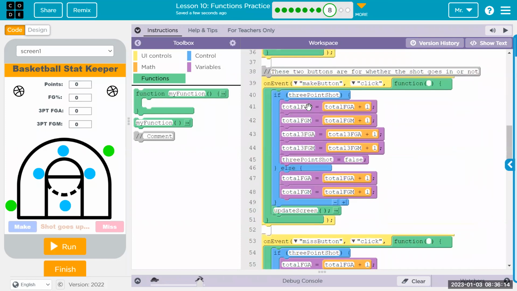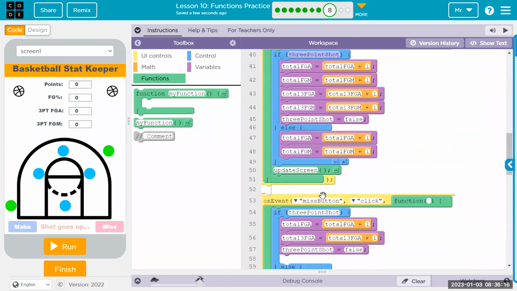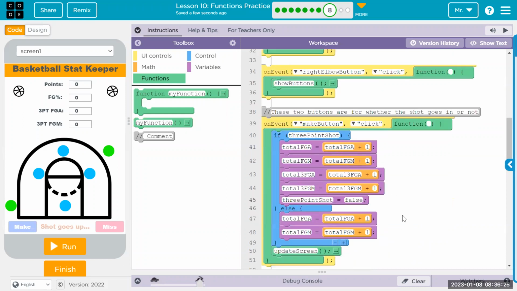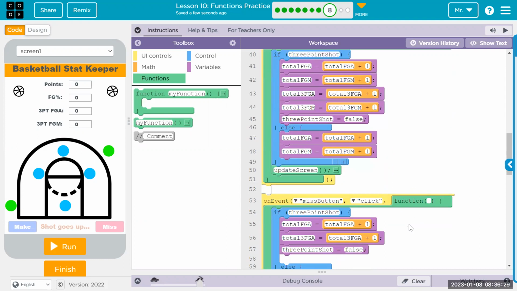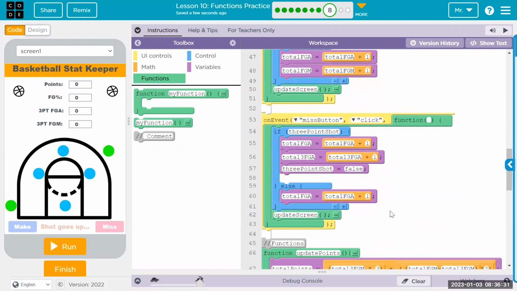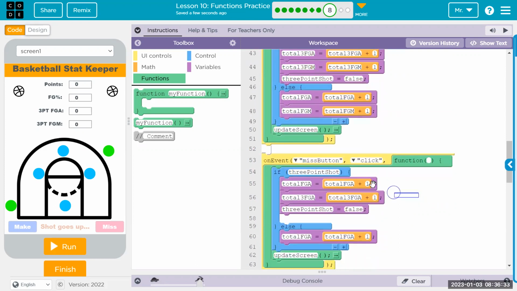And if it is true, meaning either one of these make or miss where 3-point is true, it sets it back to false. So the next time through, we're assuming that 3-point shot is false, unless otherwise stated, unless otherwise changed. Okay, and